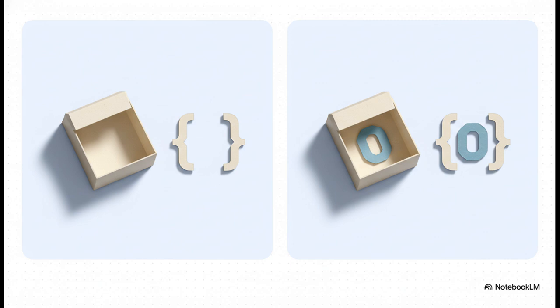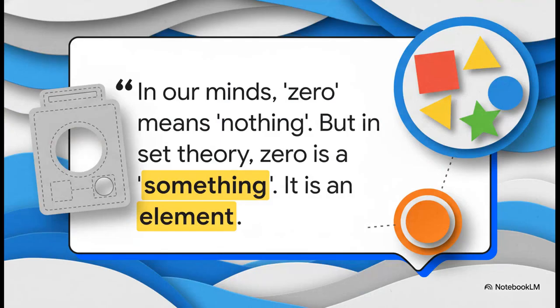This is also a box, but this box isn't empty. It has exactly one thing inside it. And what is that one thing? It's the number 0. These are two completely different ideas. And this, right here, perfectly illustrates the whole point of this mathematical language. You know, in our normal everyday thinking, we kind of mush together the ideas of 0 and nothing. But in the super precise world of set theory, the number 0 is an actual thing. It's a distinct element. It is a something, not the absence of everything.